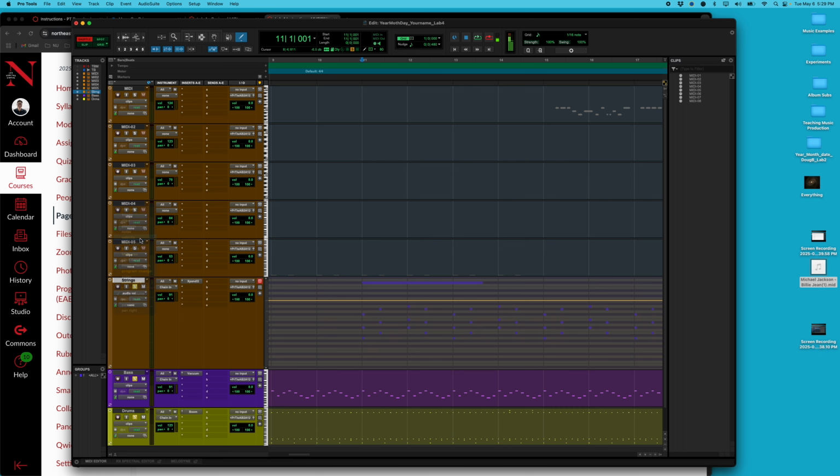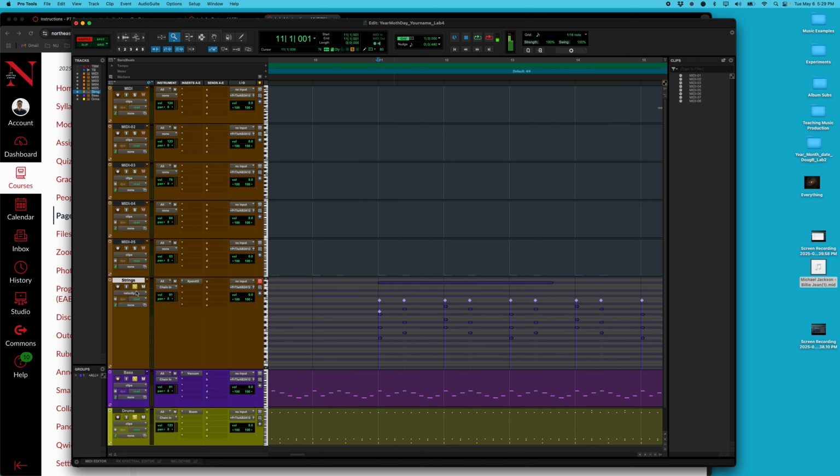There's another one called velocity. And the cool part about velocity is if you go in and take a look, you kind of zoom in, what you can see here is I can actually go, and if I select specific notes, let's make sure I have my grabber tool, I can actually go and change the velocity of those notes. So here it is with the velocity all the way up. And if I turn the velocity down,